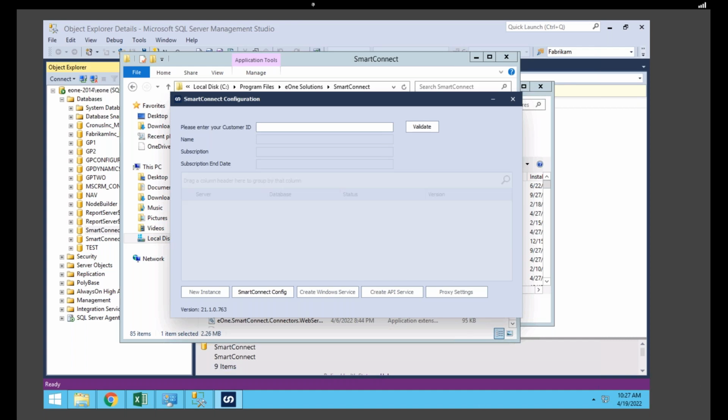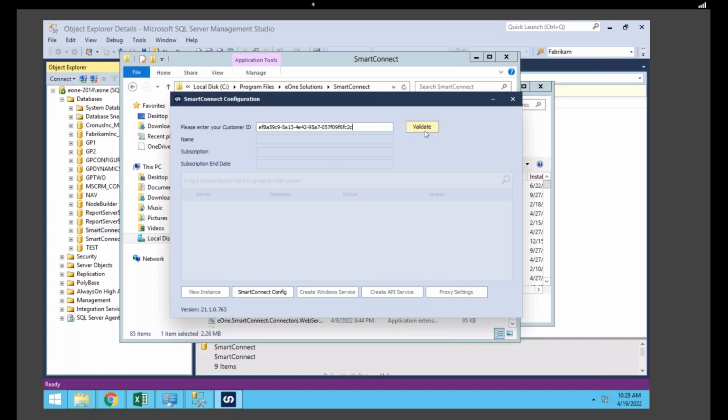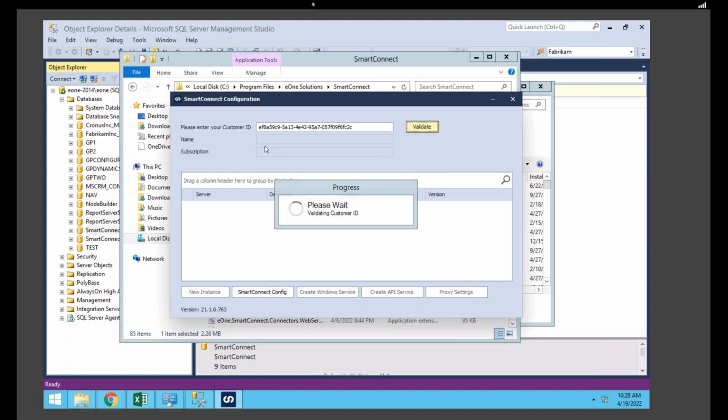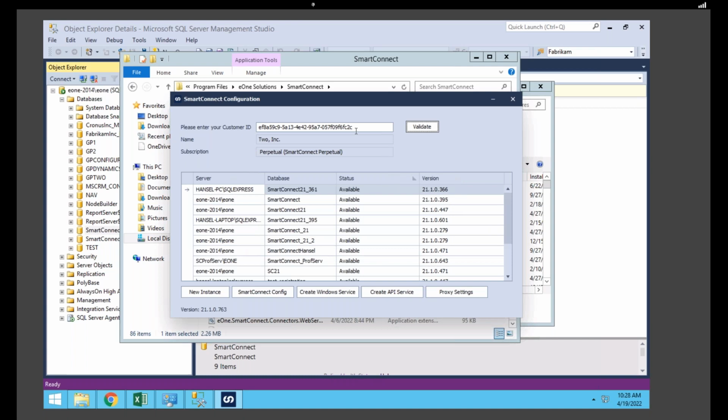So I need to grab an account code. So I've got one that we use internally just for E1. So do not try to steal this, because we do track who registers against this code here. So if you use it, we will see you. But otherwise, I'll plug that in and I'll validate that, and that should connect to my TWO, my perpetual subscription that I have. If you're doing this upgrade for the first time,